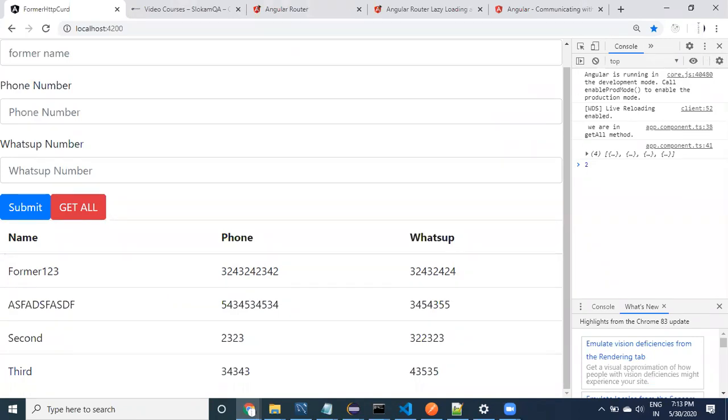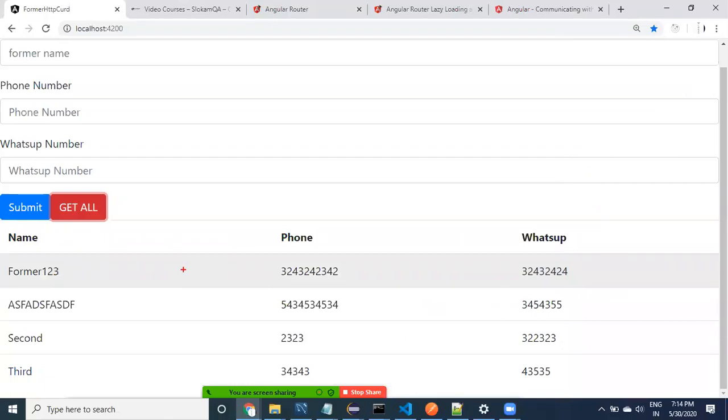Whenever we have the formats, see here, guys. Let me make the size bigger, full screen, right? Now we need to allow the user to click on any farmer.